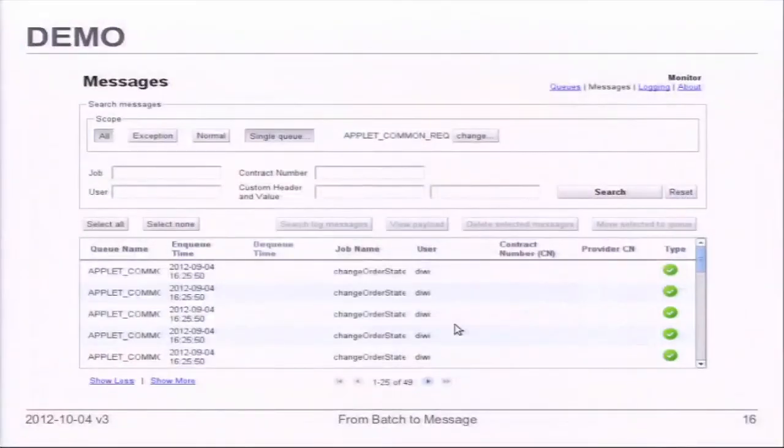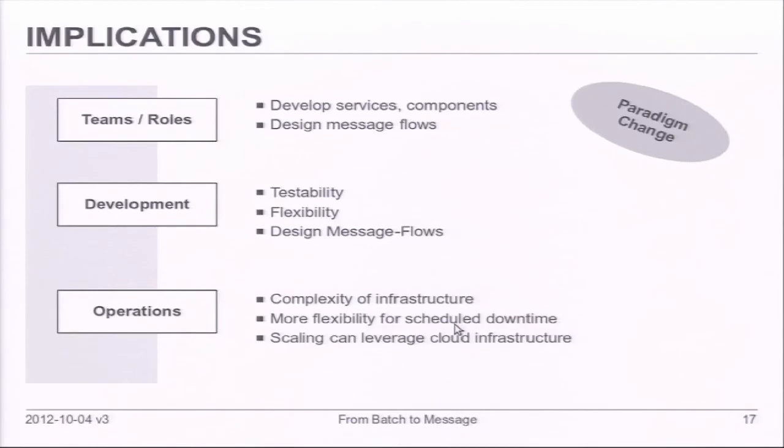Okay, that was the demo. So, as you may have noticed, it's not that easy to move to a different architecture. There are some implications for the operations, what we just saw, but for all the roles in your team, you have additional changes.